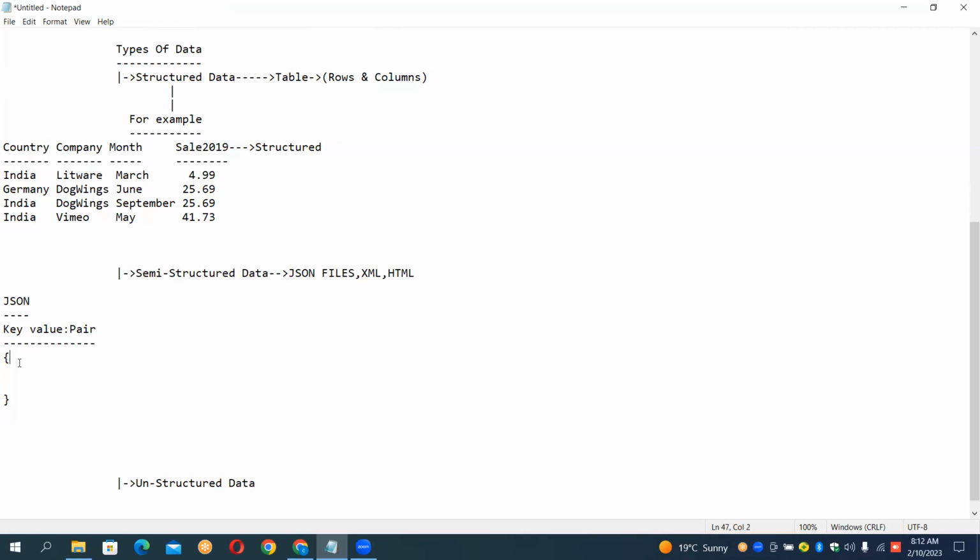So here the data is kept in keys. So what do you mean by key? The key is the country, that is called the column name. Always make sure the key is kept under double quotes. Country is the key. And now, what is the value? India. Very good. As it is character data, we put it in double quotes,